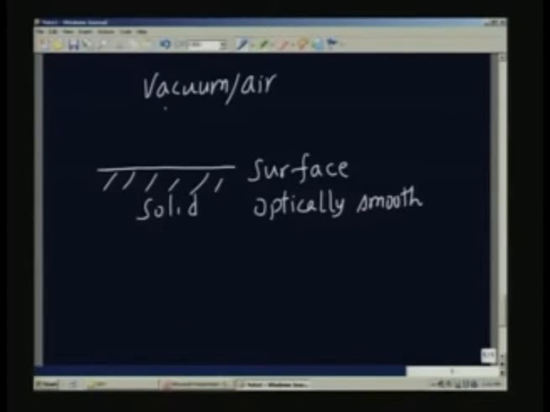If you draw the normal to this surface, this is the normal. If the light or the radiation is incident at an angle of incidence equal to I, it is reflected specularly. These are the two angles, this is R, this is reflected. So, this is incident, this is reflected light, and the angle I equals R. Okay. So, you have a specular reflection.